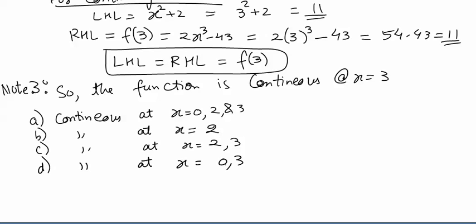So what is the option you are going to take? We are going to take the option of 2 and 3 only. Correct? So you got the concept of how we will be